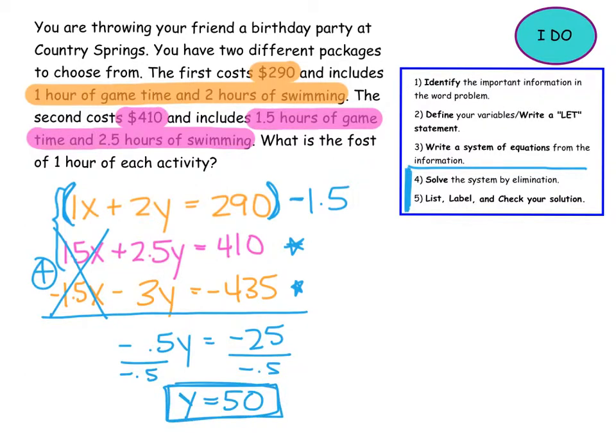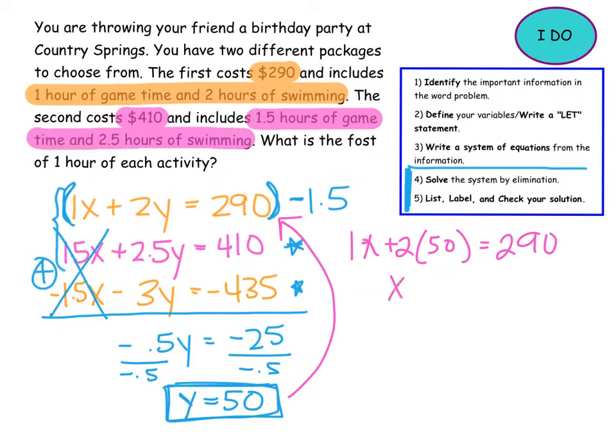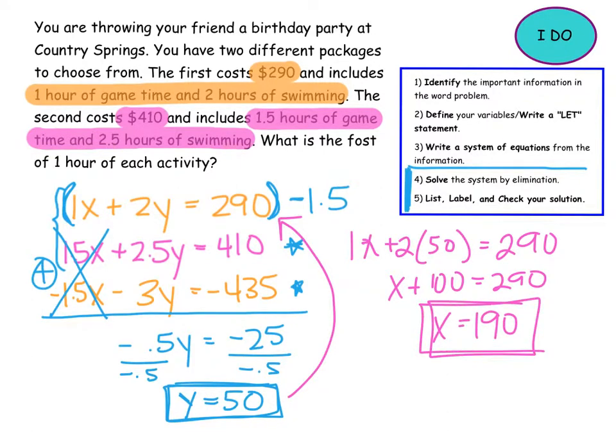From here, we need to find our x. So I'm going to take this and plug it back into an original equation. So I have 1x plus 2 times 50 equals 290. x plus 100 equals 290, and x equals 190. From there, I have my two variables, so now I just need to do step 5